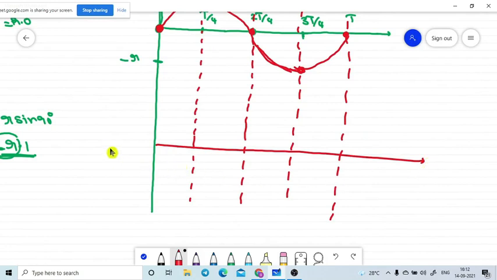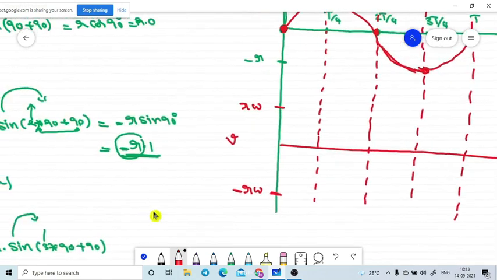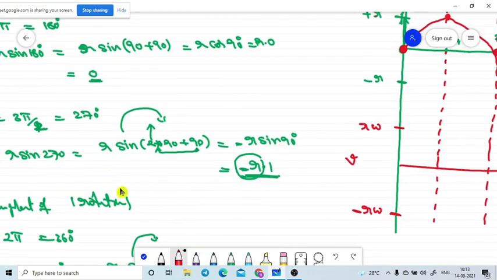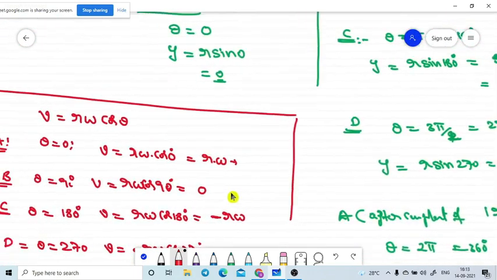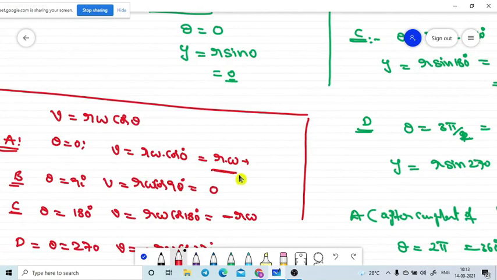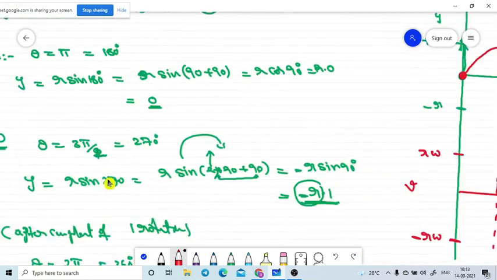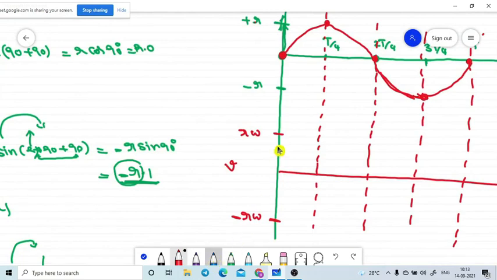This is the velocity graph. The maximum value we will get is R omega, and the maximum value in the opposite direction is minus R omega. So at the initial state, what is the value? Not 0, sir. Initial position. Let me cross check. At the initial state, the value is plus R omega. So here is the location, plus R omega.